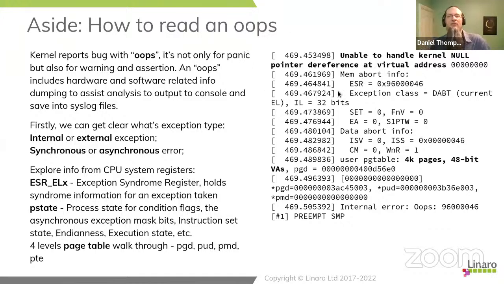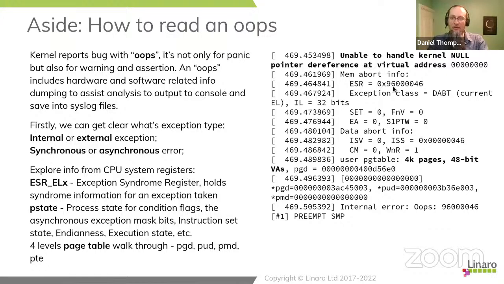Quite often, these use very hardware-centric phraseology. This one's not too bad, actually: the kernel null pointer. But it might just say data abort or imprecise abort. Or if you don't understand the exact phrase that's coming up, or what to use this number for, it's worth having a look at the architecture manual and finding out what these things mean.